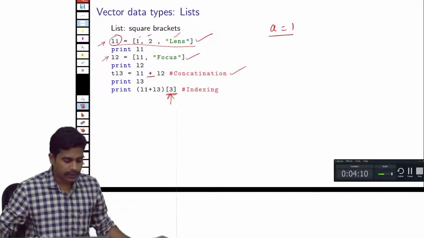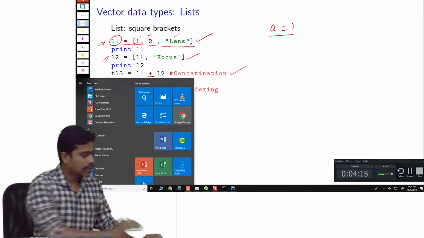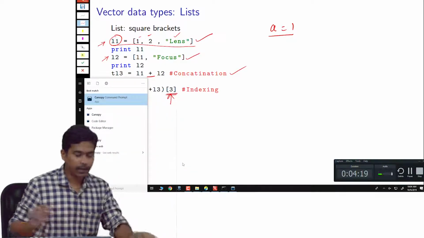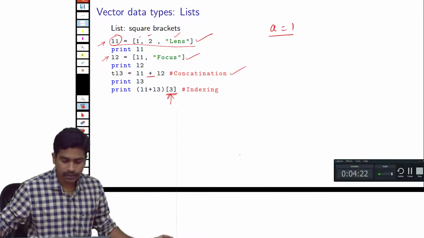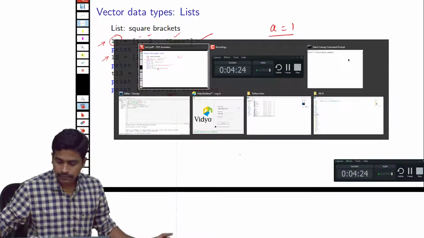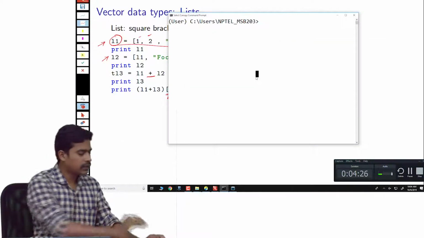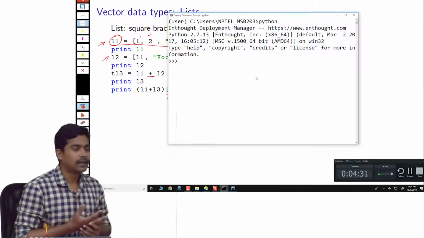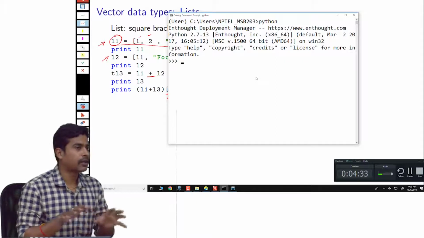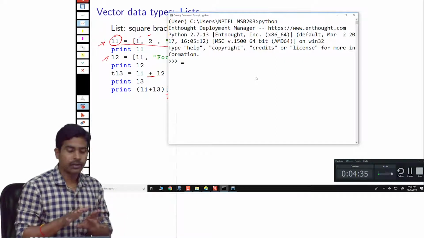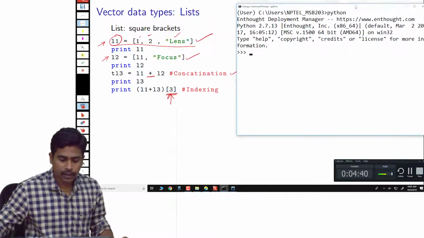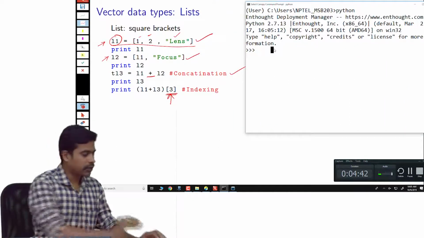So in order to open the Python shell, as I said in the last lecture, you have to open this Canopy command prompt, which I have already opened for you. After you open this, you just have to type Python. So now it will open the Python shell. If you don't type Python and you try to run your programs, it gives an error. Once you type Python, it goes into the Python shell. Okay. So now let's try out the commands that I have shown here.